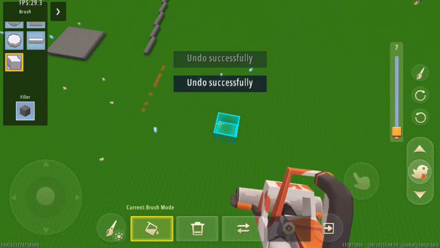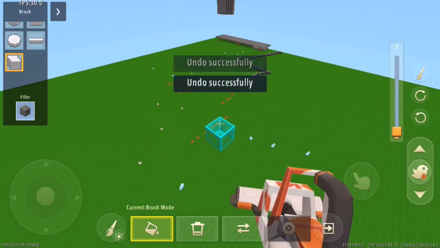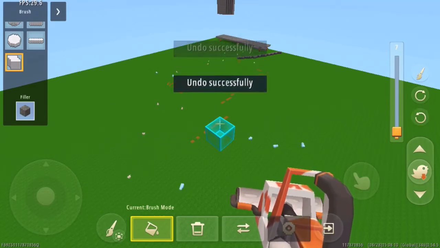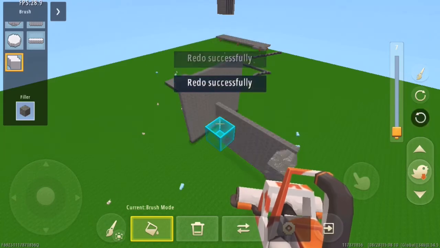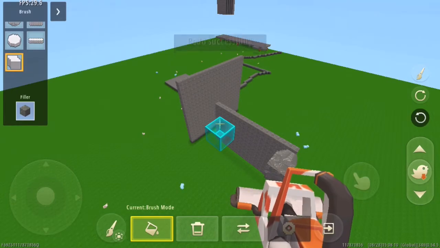Next up we have these buttons on the right. And if you click the one that is facing to the right, it will undo what you have last done. And if you click the one on the bottom, it will redo what you have just undone. The button on top of those two controls whether you see this slider or not.